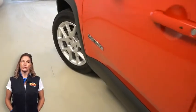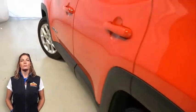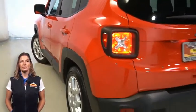Are you looking for a highly equipped compact SUV with all the right options and reliability? Well, take a look at this certified pre-owned 2018 Jeep Renegade Latitude in Colorado Red with halogen headlamps, cornering front fog lamps, 17-inch aluminum wheels, power heated mirrors, rear window wiper washer, passive entry remote start package, heated front seats,